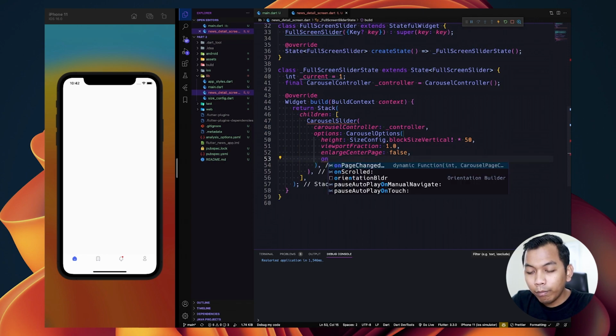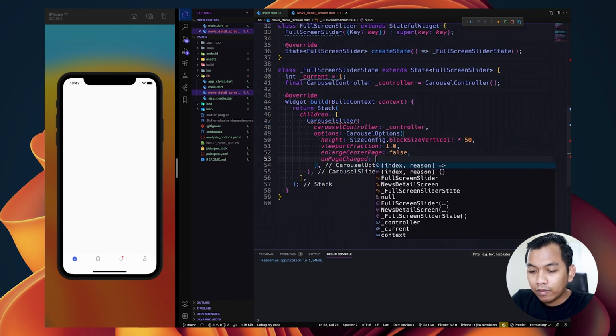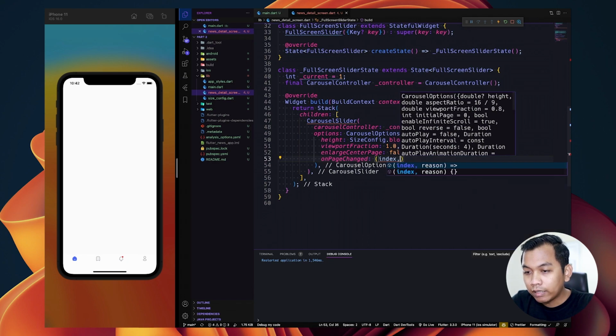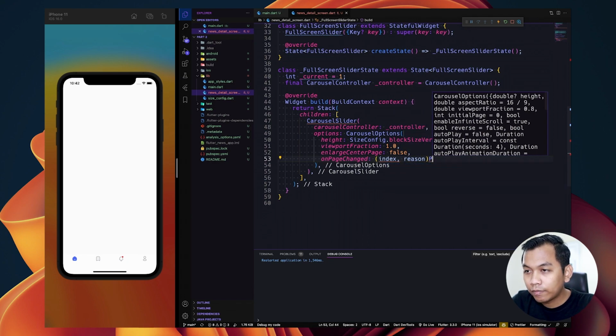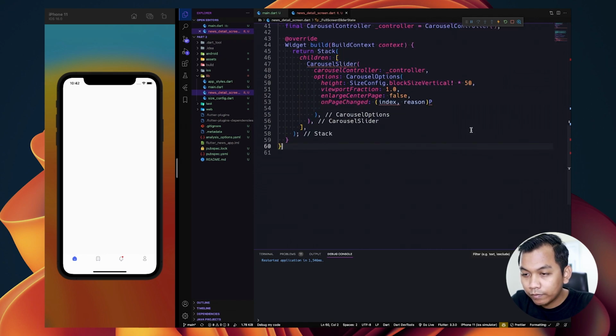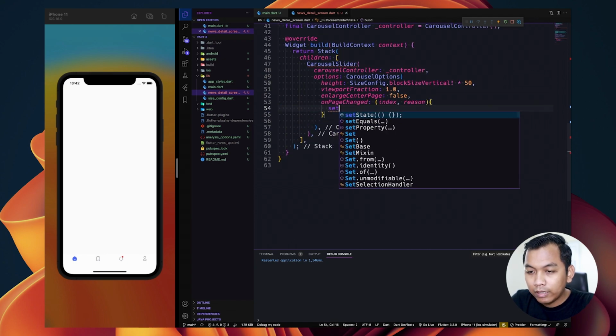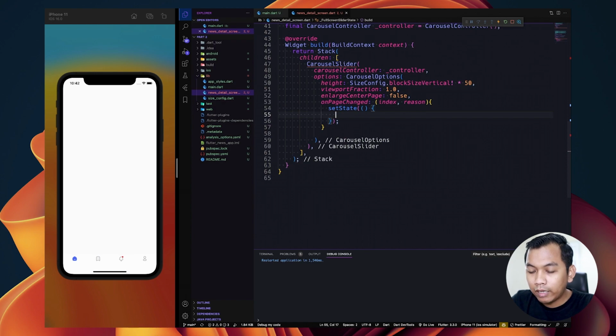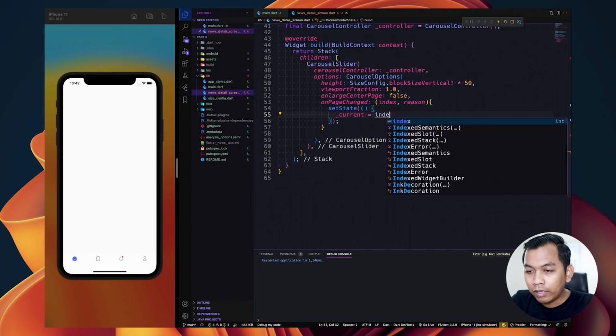And for the on page changed, we will have index and reason. Here let's say set state, and inside that we will change the current to be index.